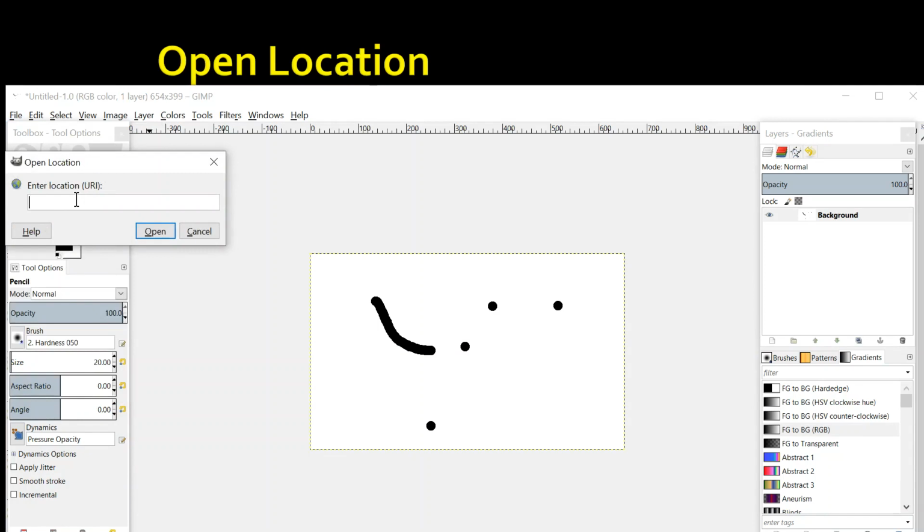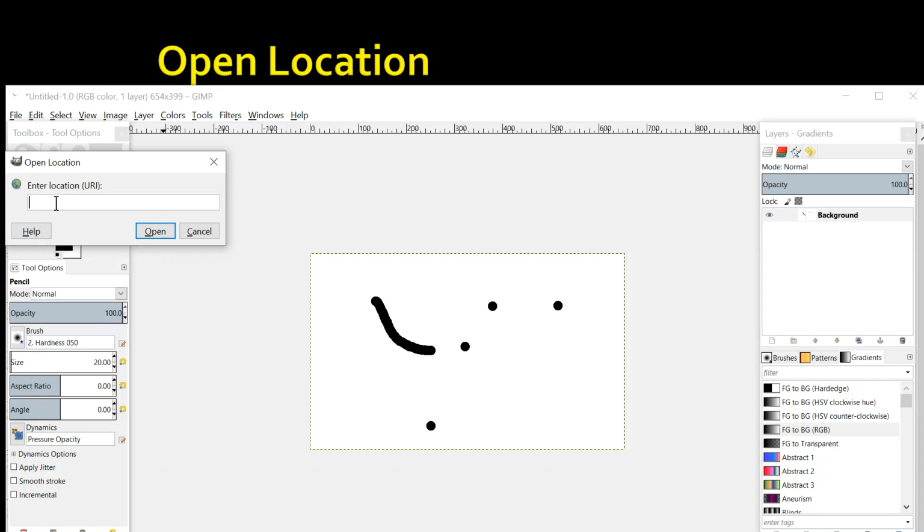Right? Here if we have a path for any image which is available on internet, or we have seen the link for that image or the URL for that image is with us, that URL we can mention here, we can paste here and click on open. That image will open here.